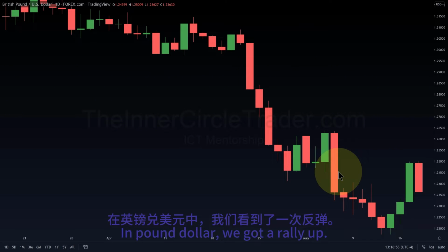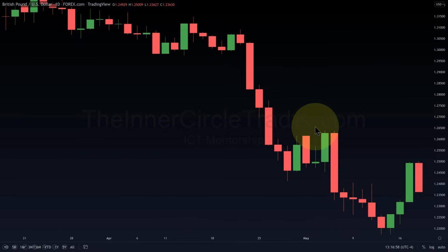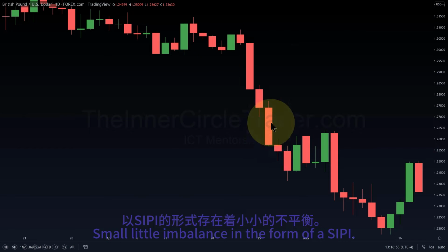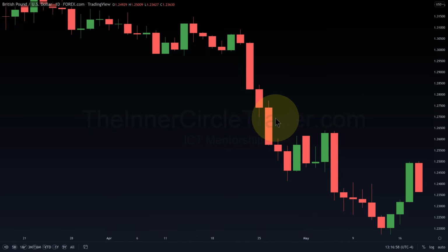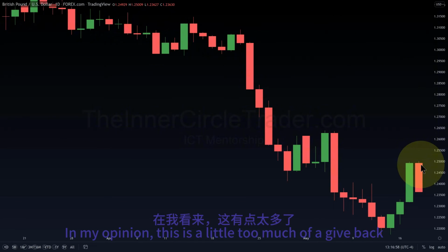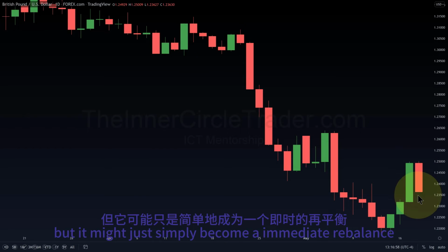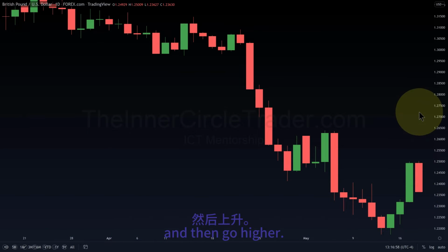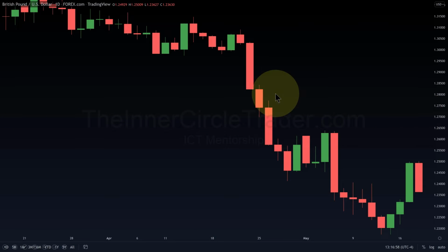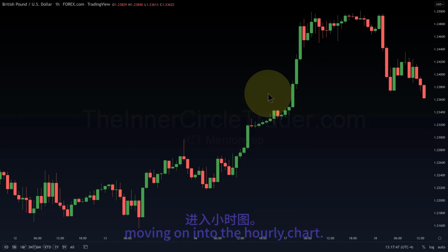All right, in pound dollar, we got a rally up. We have buy side resting here, small little imbalance in the form of a SIBI. In my opinion, this is a little too much of a give back, but it might just simply become an immediate rebalance and then go higher. And then moving on into the hourly chart,